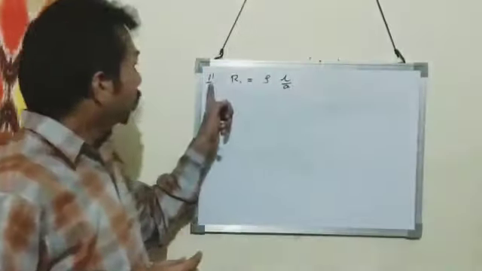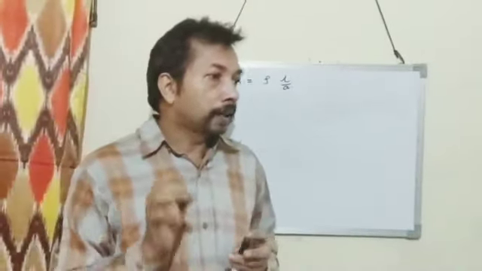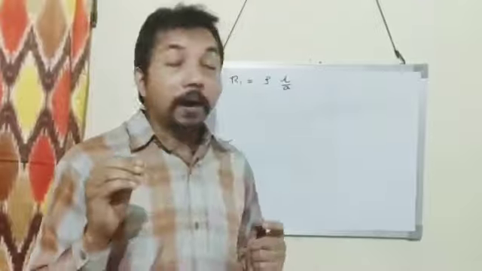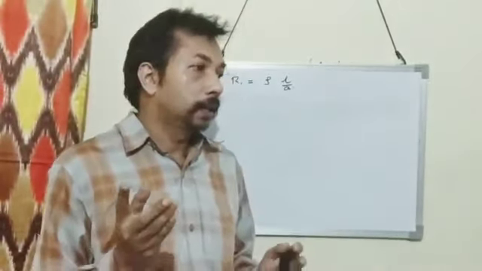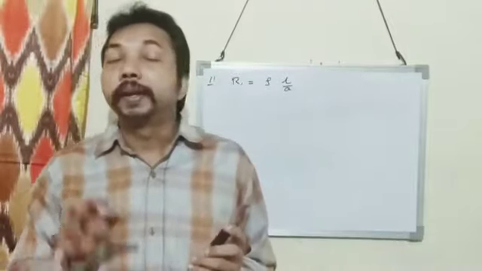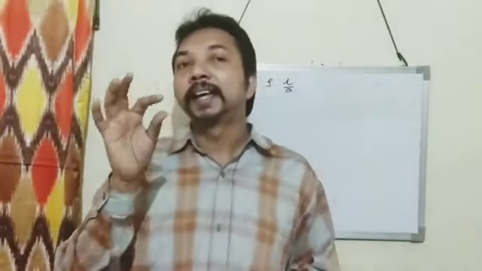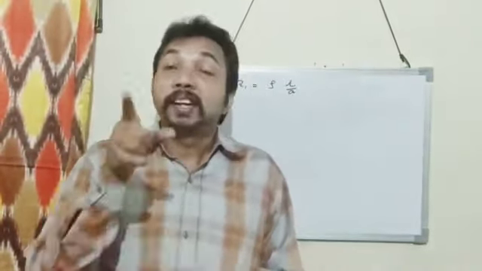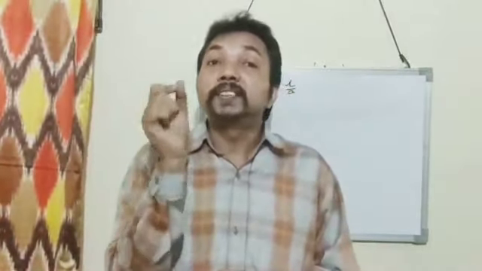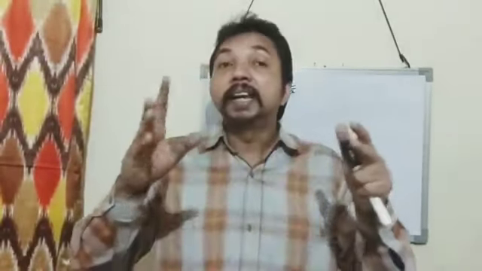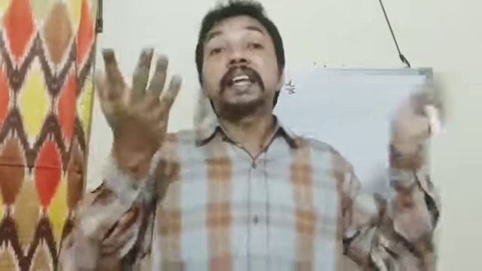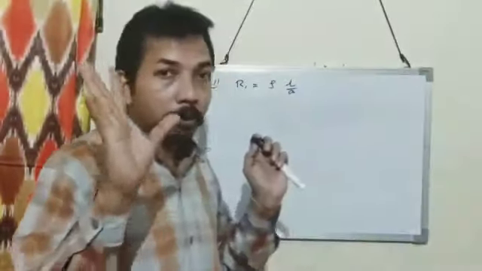Now question number 11. A wire of resistance 9 ohm having length 30 centimeter is tripled on itself. When a wire of length 30 centimeter is tripled on itself, the length of the wire will become 10 centimeter. So tripled on itself means the length becomes 1/3. When the length becomes 1/3, the area of cross section will become 3 times. That is the important thing.